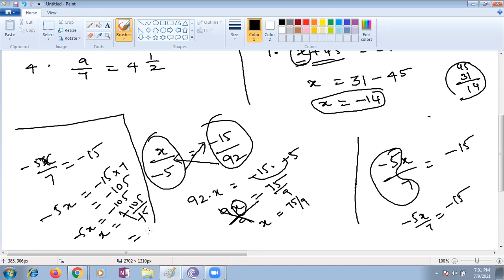Ma'am, I have a doubt. Here minus 5x, we can simplify, right? No, ma'am. Minus 15 is there. I have directly kept minus 3 into 7, which is negative, and 21 I got as the answer. Ma'am, you can even do it in fractional form by writing minus 15 by 1, but the ultimate answer is the same. You will get 21.